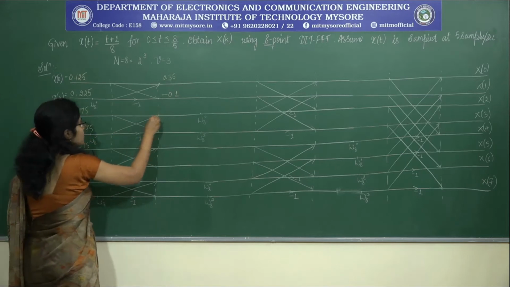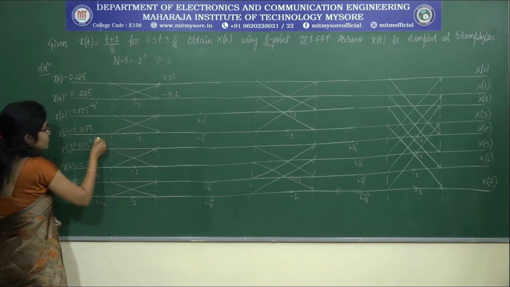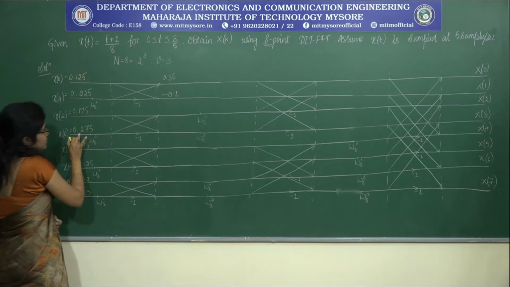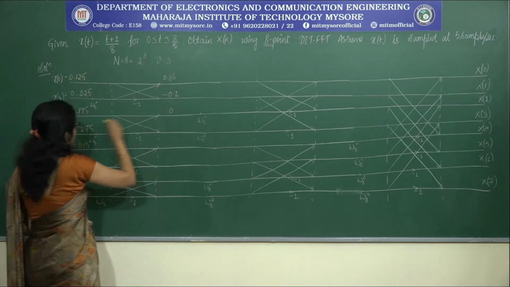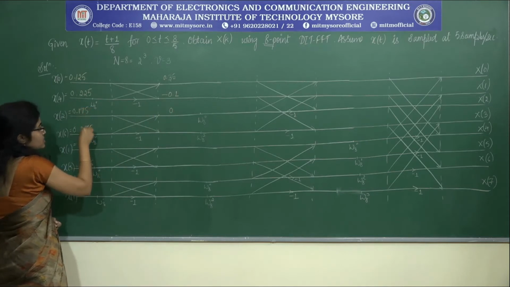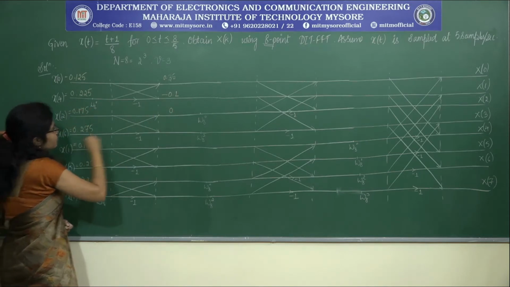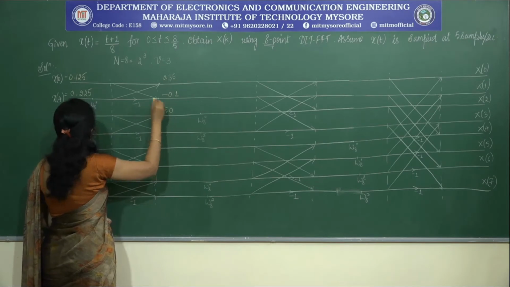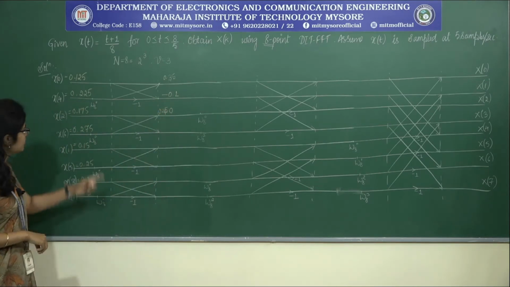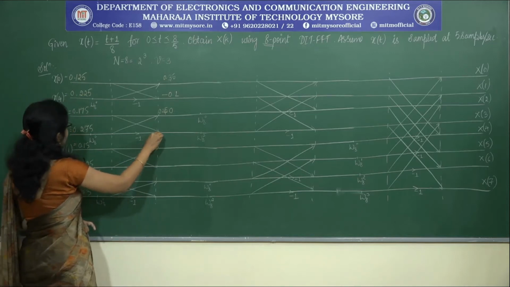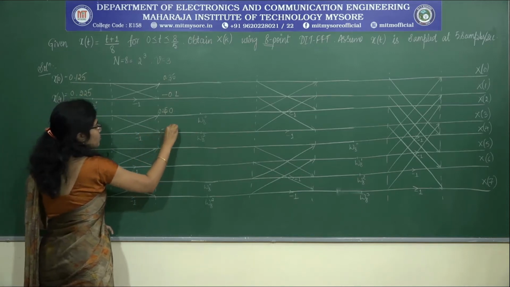Similarly, coming to this step, here the signal coming is 0.175 and here the signal is 0.275. If I add this, 5 plus 5 is 10, 0 carry 1, 4 plus 7 plus 7 is 14, plus 1 is 15. So 5 again, it is 0.45. Correct? Similarly, I need to do the same thing here. So what I get is minus 0.1.